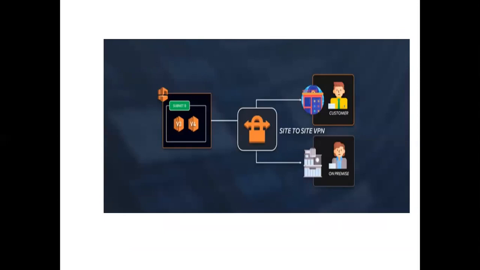As I discussed last time, whether it is a site to site VPN or a client to server VPN, you need to have both sites, and one dedicated connection is required. Yesterday we discussed that for the connection, Amazon provides AWS Direct Connect. If you don't want to go with Direct Connect, then you can go with your own connectivity from a third party, like Airtel, Jio, whatever connection is there. You can go with both options.